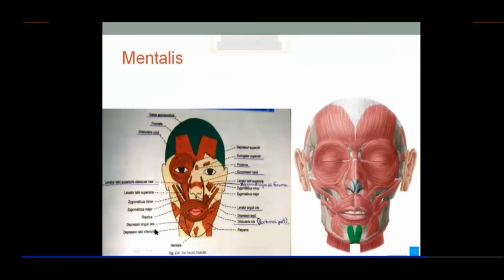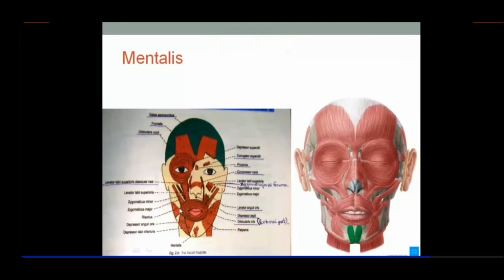Look here. This muscle is mentalis, right? Mentalis does not reach and merge with this constrictor muscle around the oral aperture, and that is orbicularis oris. So all the dilators also: levator labii superioris, levator anguli oris, depressor labii inferioris, depressor anguli oris,